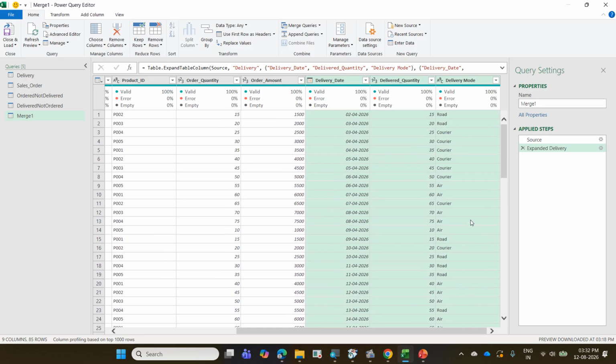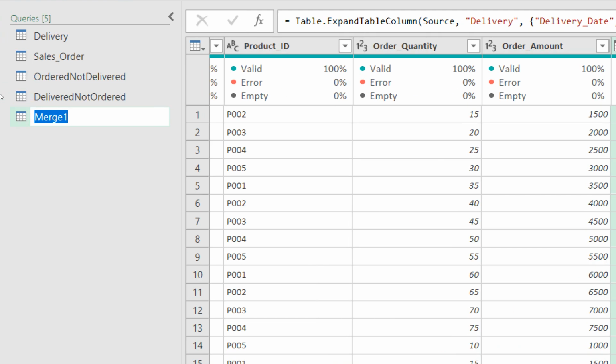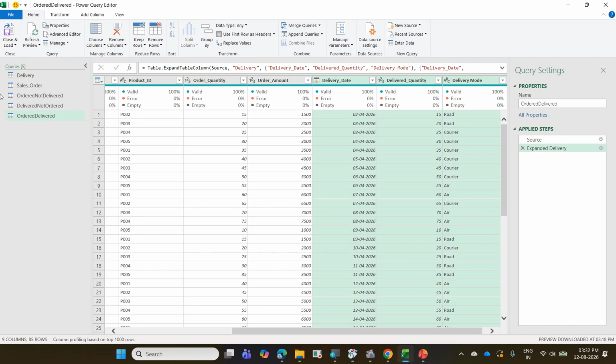Double click. Ordered, delivered, both. If you subtract the delivered quantity minus the order quantity, it will show plus or minus. You can also put an if condition, yes or no like that, and do the next part. Now I want to load all the